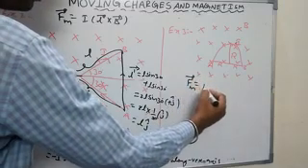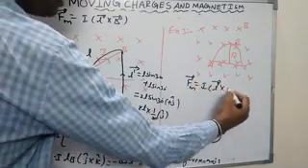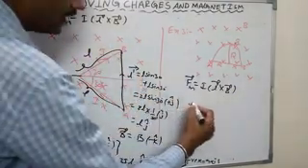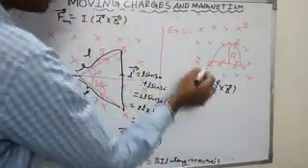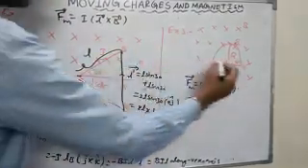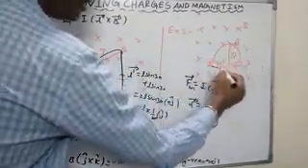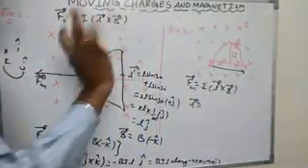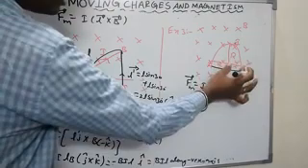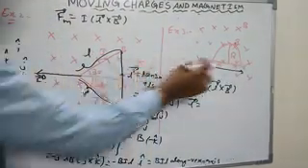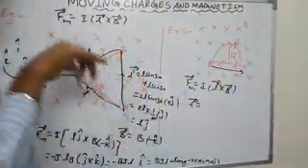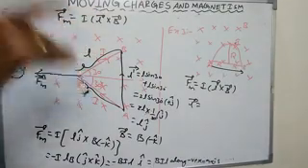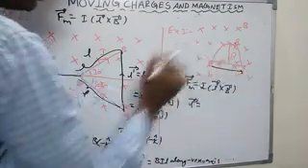Fm bar is equal to I into L bar cross B bar. Same formula. What is L bar? That is very important. L bar is along the A to B current direction. What is the L bar magnitude? Not pi r. This is R and this is R, that is R plus R, 2R. Like the displacement in a half circle. The magnitude of displacement is 2R. Distance is pi r, but displacement is 2R.